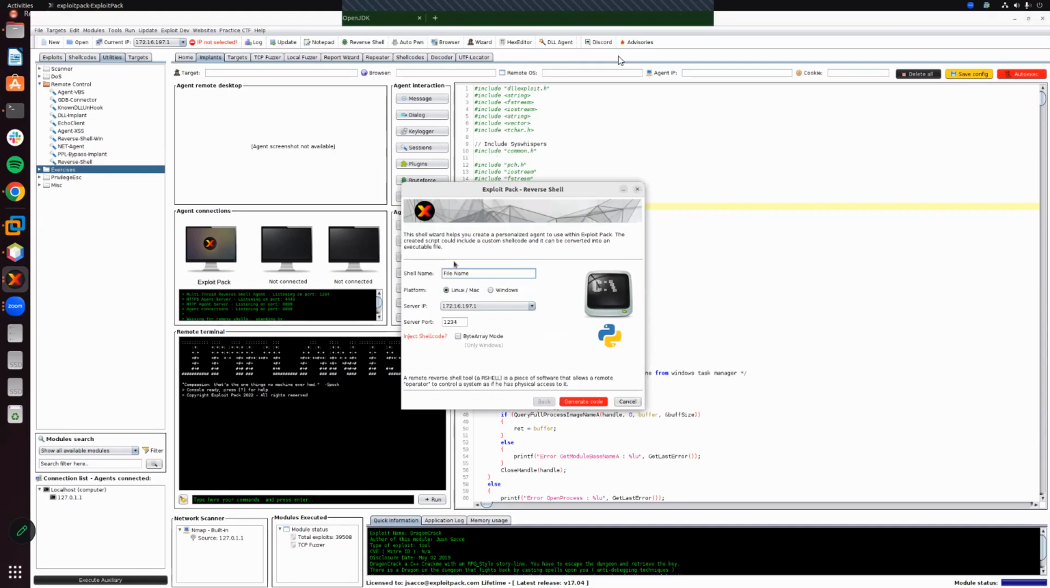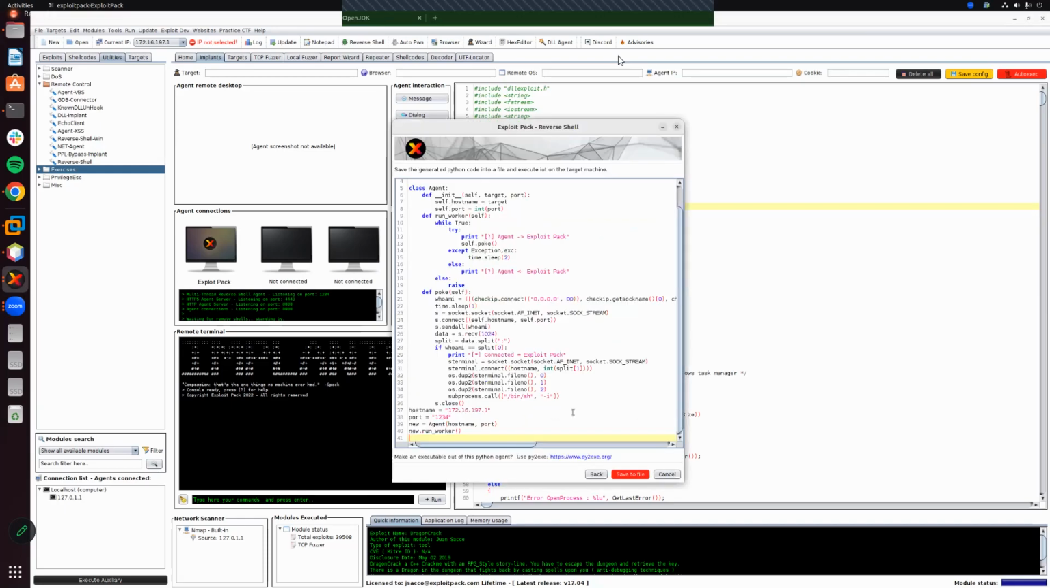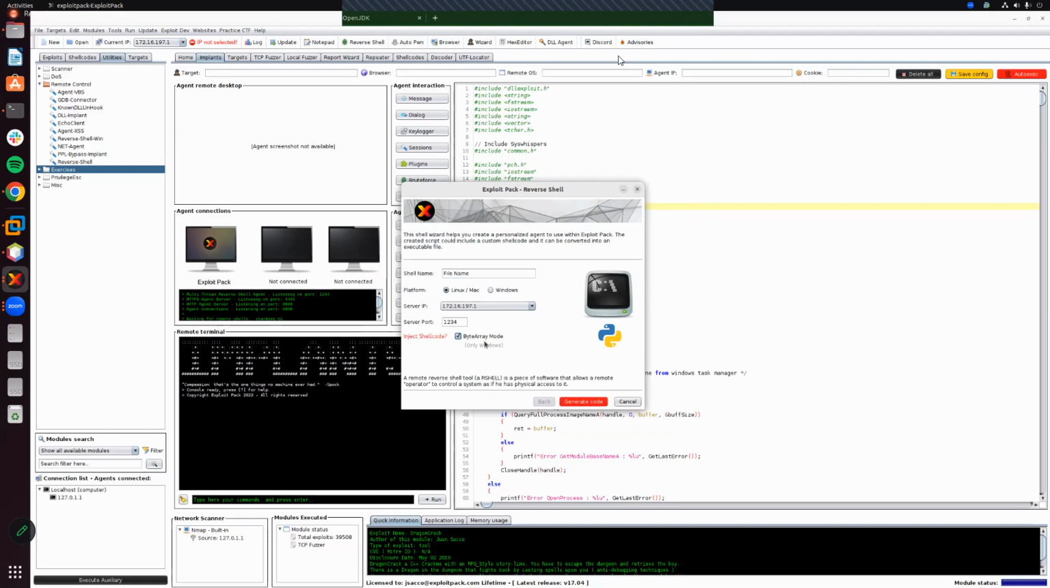Reverse shell. This one is for Linux, Windows. Let's create one as well. So for Linux, I'm gonna run it on my own machine. And if you want to inject a shell code into it, besides having the Python shell, you can inject it as well. So if you do that, then it's byte array mode, and then you can inject a shell code into Windows. But let's just say Python shell EP, generate code,